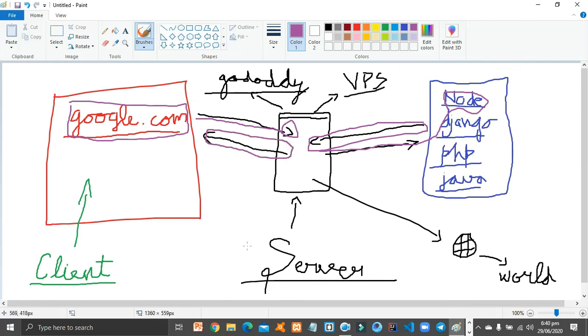Your server can be in any location in the world, and it will be of any company, like GoDaddy, or a virtual private server. I hope you have understood the architecture of the website.